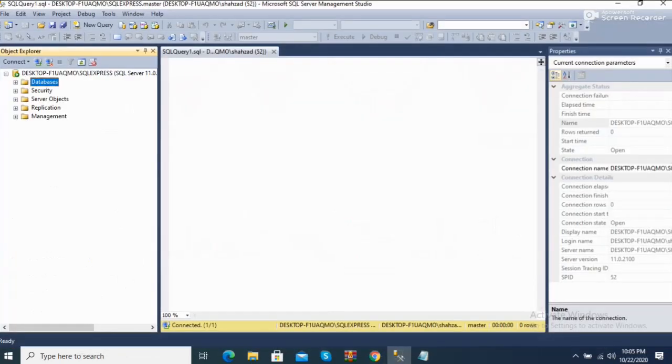I have SQL Server and Visual Studio Code, and I also have Visual Studio 2019. These are the IDEs installed on my system. So how can you do that? First of all, you just need to make a simple database to perform the CRUD operations with Angular 7 and Web API.